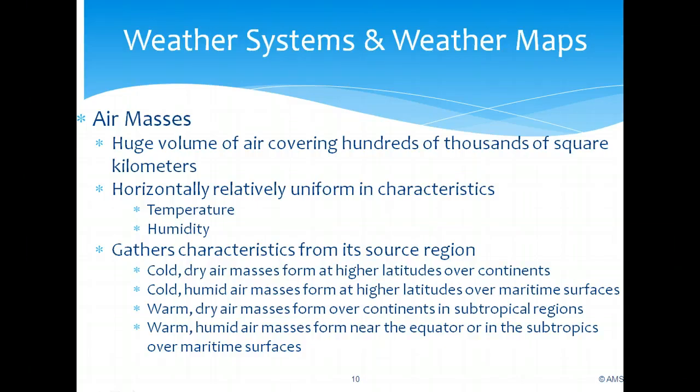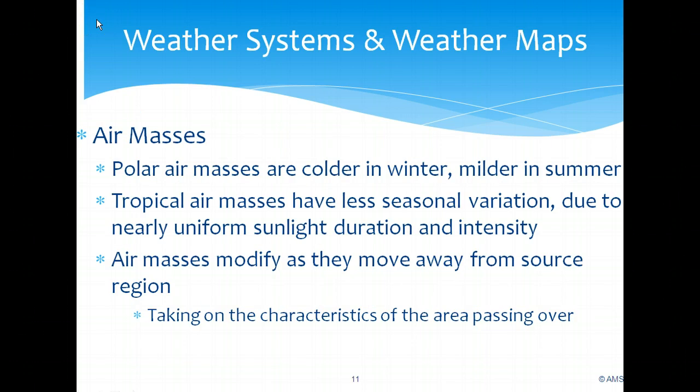These air masses are typically uniform in their temperature and humidity, and they generally get their characteristics from where they originated. For instance, if they're a cold, dry air mass from higher latitudes, or warm, dry air masses from subtropical regions, these air masses will have a tremendous effect on our weather and the weather systems we're going to be looking at. You certainly appreciate that polar air masses are going to be colder in winter and milder in summer,